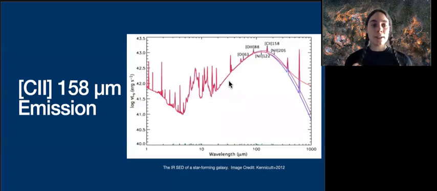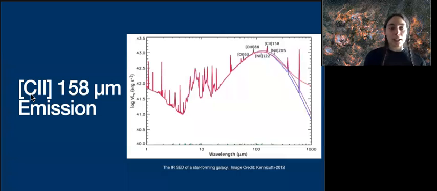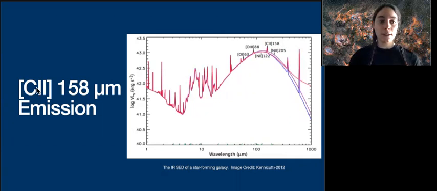So this is where the C+ line comes in. Anytime I'm going to try to stick with C+, I might occasionally say C2 as well. It's the same thing. I'm sorry. But C+ is an emission line from singly ionized carbon. So that's what this plus means. It means our carbon has had one electron ejected from it. The C+ 158 micron line is